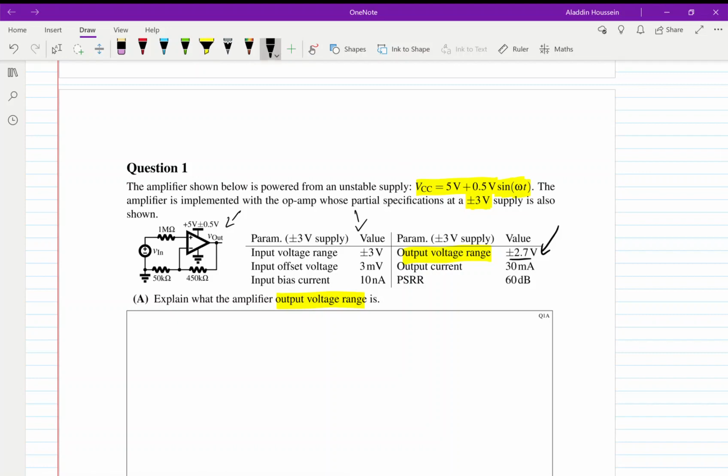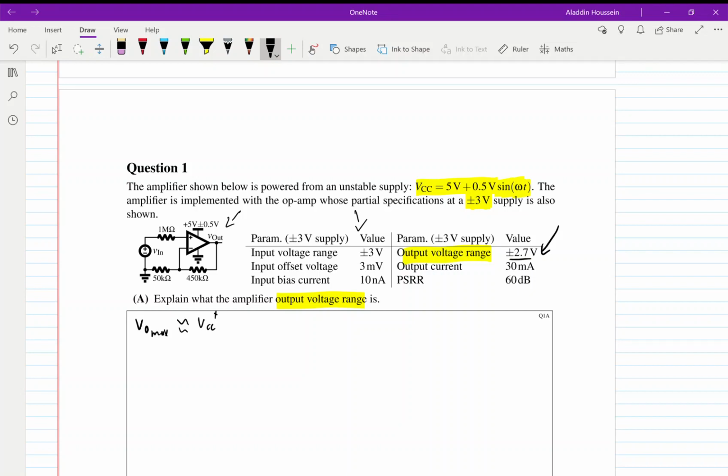Now, due to limitations within the op-amp, Vout is never ever going to truly saturate and hit VCC, but Vout will always be close to VCC. So Vout max tends to be somewhat close to VCC plus, and then same for V min, right? And the boundary between the difference between these two numbers is going to tend to be constant. Even if we change the VCC, the internal circuitry isn't going to change, so the same voltage drops are still